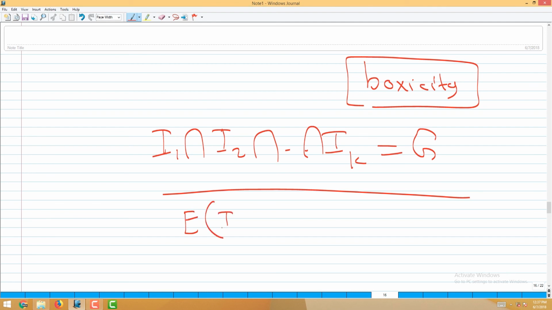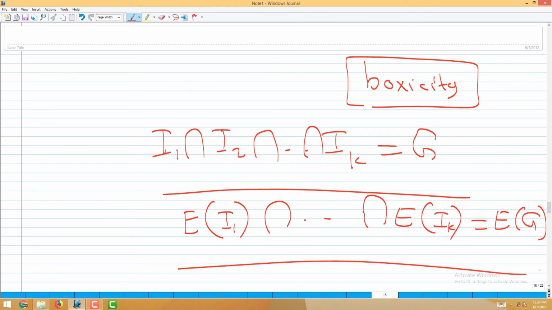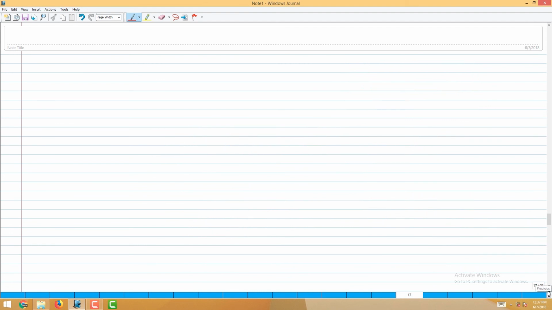Actually we should write E of I1 intersection ... intersection E of Ik is equal to E of G. So if you get something like that, then that minimum k is the thing. So, to summarize, that box representation you are seeing in k dimension